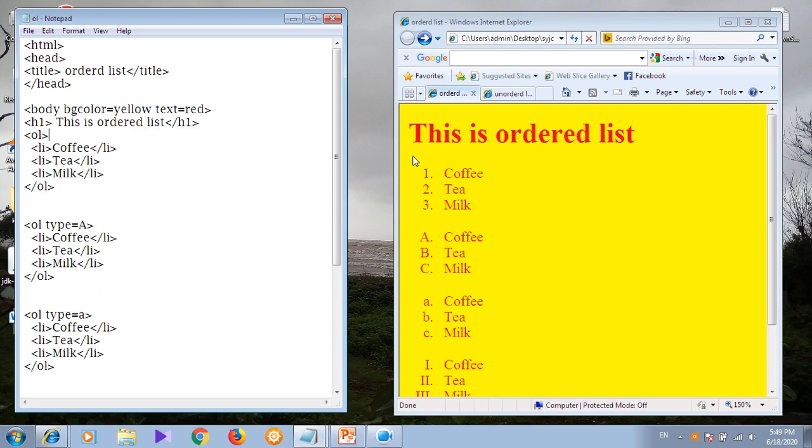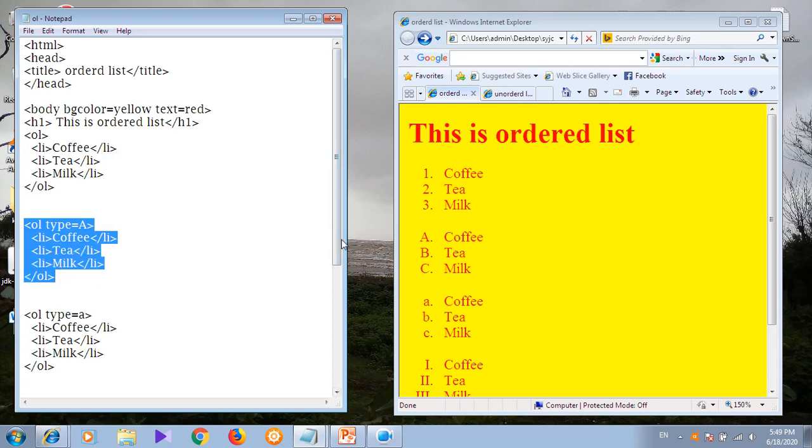You can see here 1 2 3, that means the type is 1 2 3. When you don't write the type attribute, it takes the default value as 1 2 3 4 format, that is numerical format, correct?